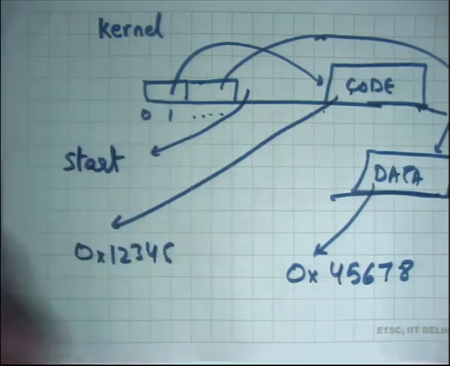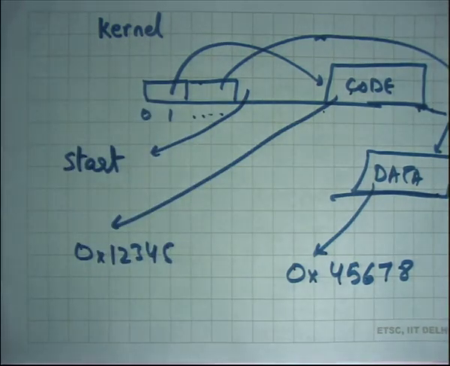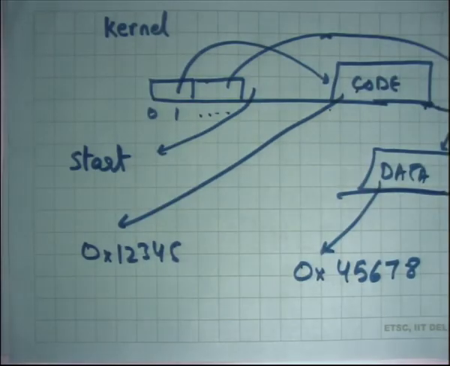And here is the first instruction. So the other thing it has is the start. You've loaded the code and the data into the address space, and now you want to know where to start. What's the first instruction I should execute? In other words, what should I initialize EIP to? That's also stored in this file. It says after you've loaded it, set EIP to this, and you're good to go. After that, you just execute whatever you like.